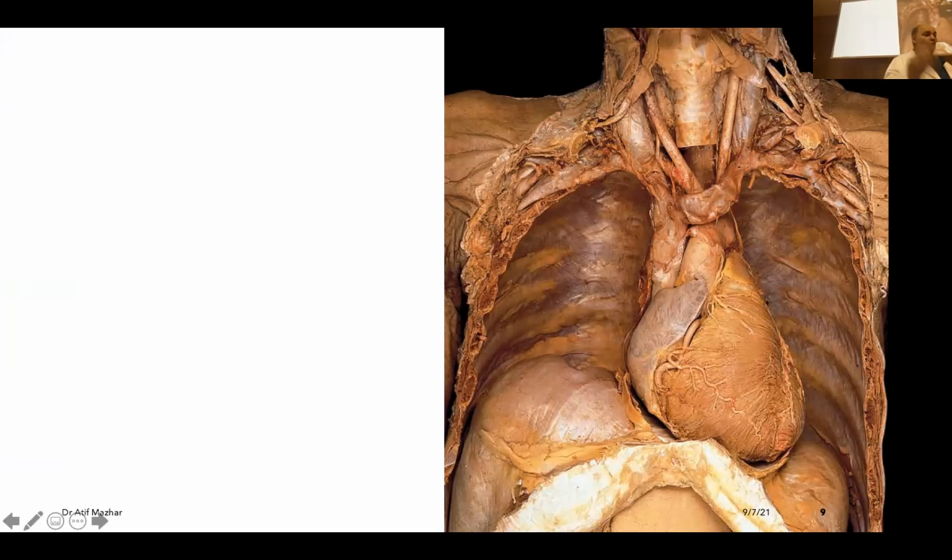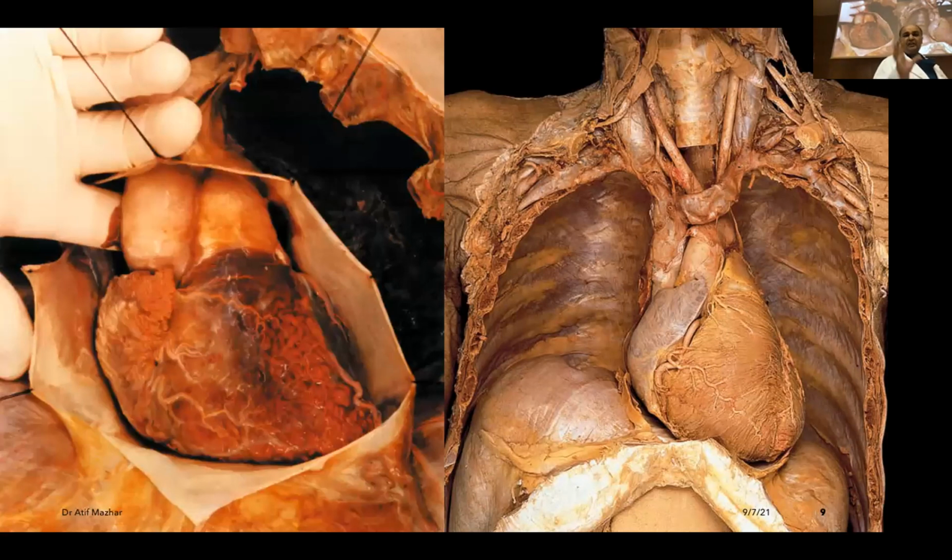I can show you some more real images of a human heart. This is a real one. That is also a real one, but that is on a cadaver. Look at it, the pericardium. With the sutures, we have just tucked it open. So now you can see a real heart in a real situation. Only the person is sleeping.